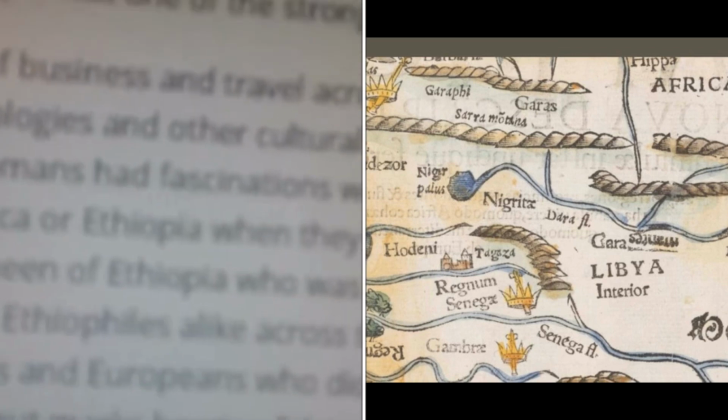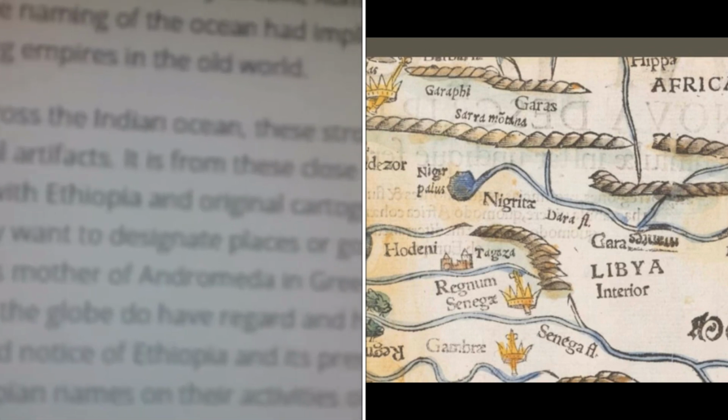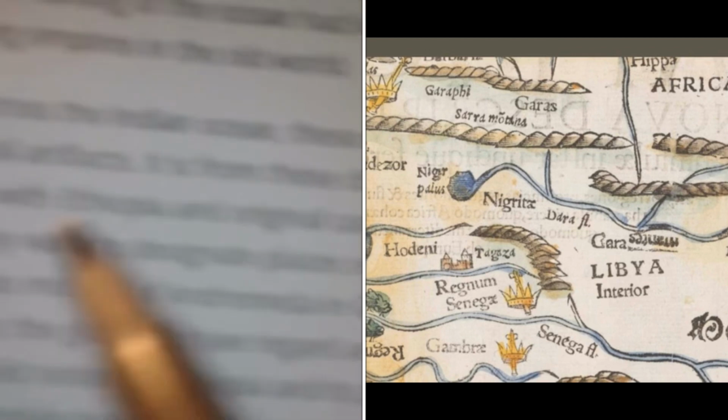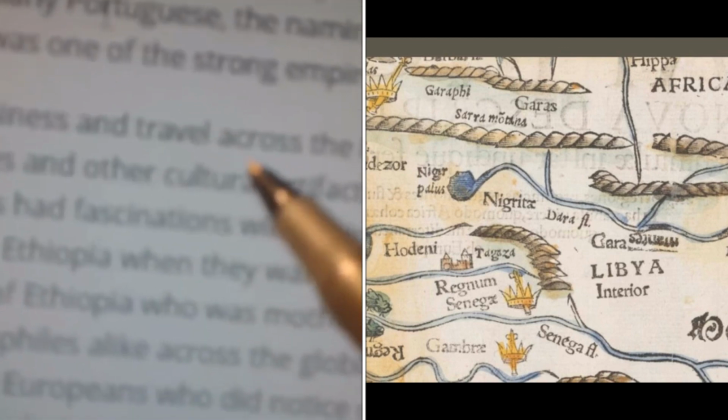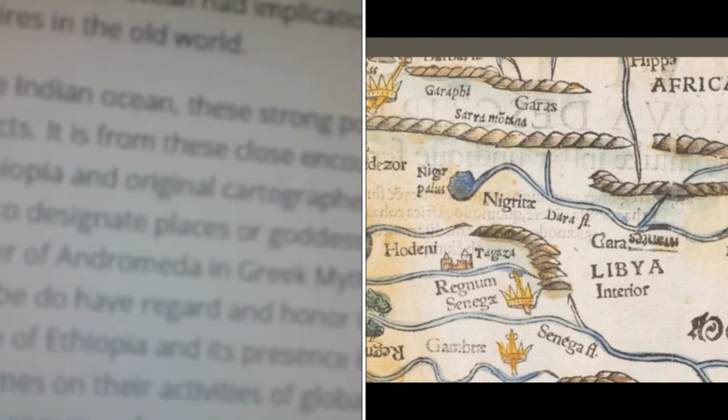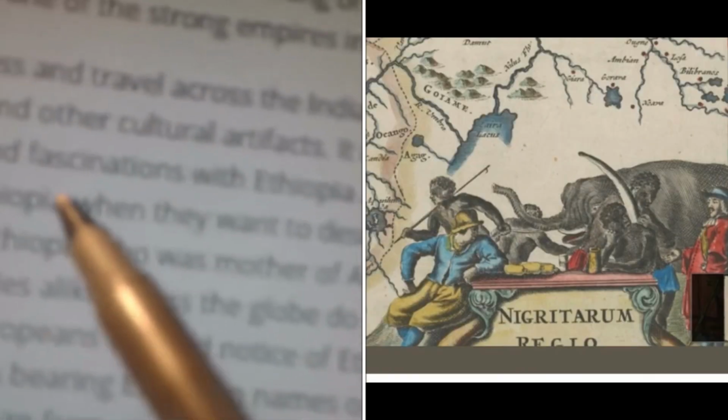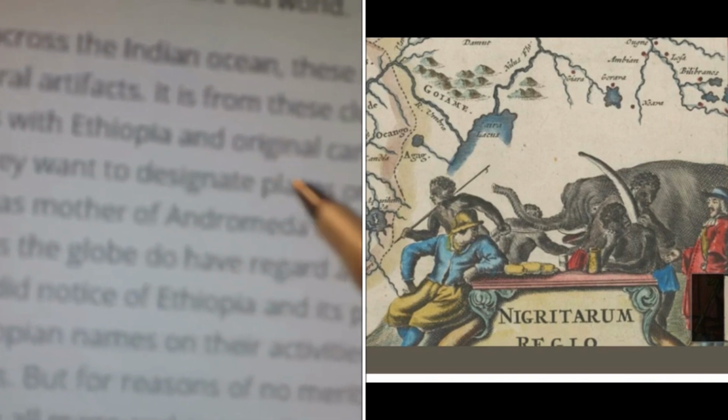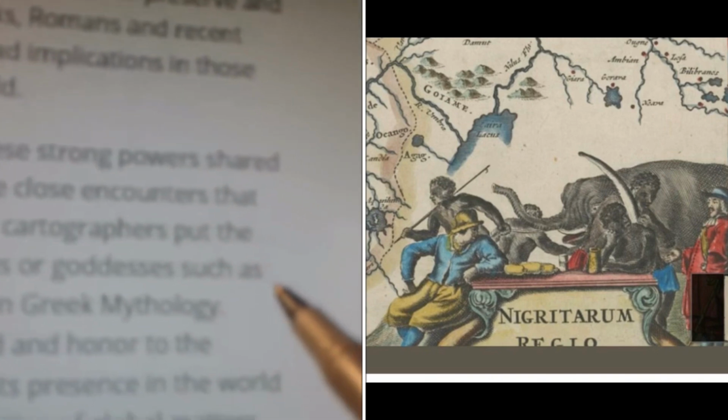As a partner of travel across the Indian Ocean, these strong powers shared names, technologies, and other cultures, artifacts. It is from these close encounters that the Greeks and Romans had fascinations with Ethiopia, and their original cartographers